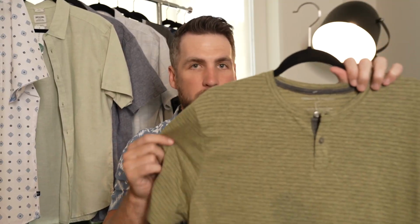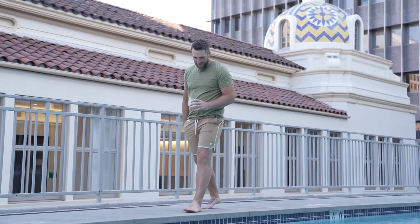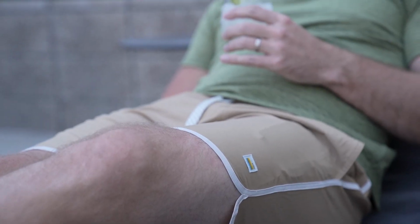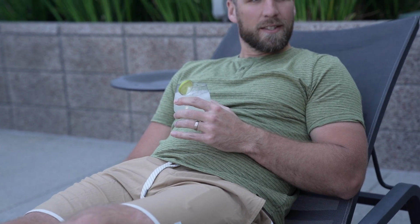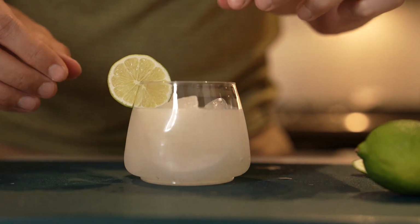So you got a nice lightweight shirt, the Henley buttons give it a little more flair to it, and it is this lovely color green. So in honor of this color and a beach vibe cocktail, we are going to make a classic daiquiri. Now I know when most people hear daiquiri, they're thinking of something that comes out of a slushy machine. If you're making a classic daiquiri, this is a classic cocktail that is very delicious, not too sweet,